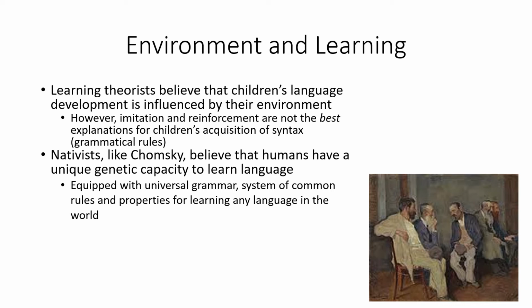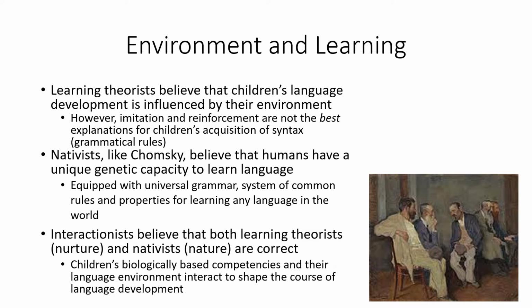So because of that, what most theorists now are, and even Chomsky now is this, is interactionists. So they believe that both learning theorists and nativists are correct, that we do have biologically based competencies, these biologically based genetics that allow us to learn language and guide our language development. But also important is the culture, the society, the environment we learn the language in, as well as what language